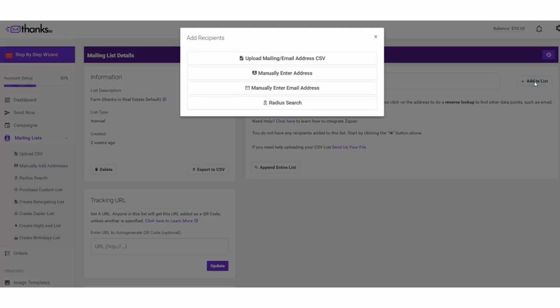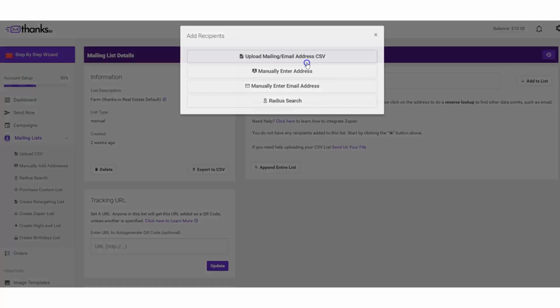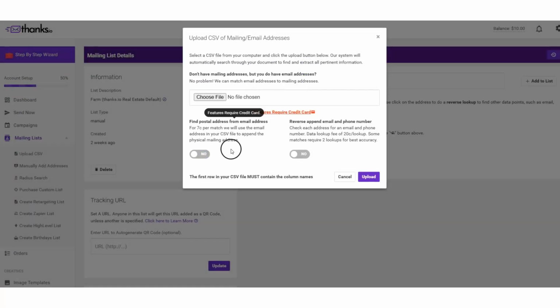A few options. One, you can go ahead and take your existing real estate database CSV file and upload it. And you don't need street addresses. We will actually match for 7 cents a record. We will find you the street addresses for about 60 to 80% of your leads and just add them to the Thanks.io system. So if you have a bunch of buyer leads, it stands to reason that a good percentage of them actually own a home. We will actually be able to start mailing at their physical address